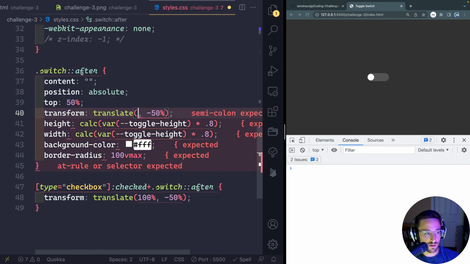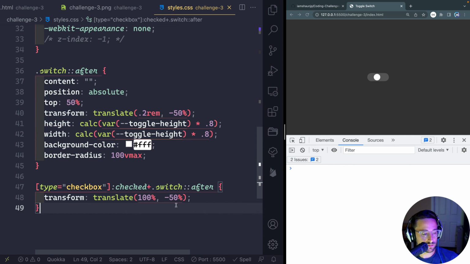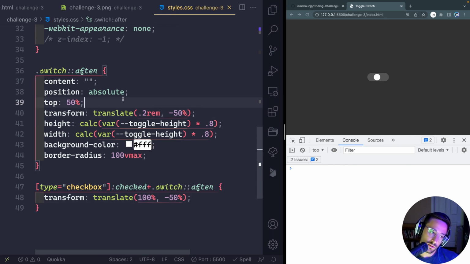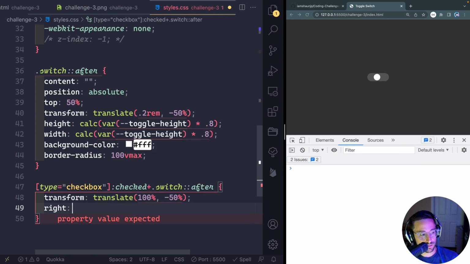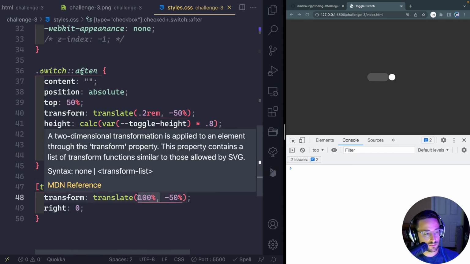Maybe I just set it off that, what do I have that at? 0.2 rem. Okay, and then when I click here, it needs to be 100% of its parent width. All right. So I think I just need to change this to right 0. That's not right, but it's closer to it. And then we'll do